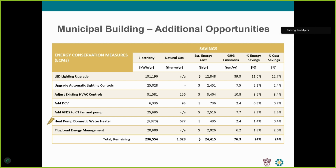There are still some LED lighting upgrades, some automatic lighting controls. There had been some automatic lighting controls in this building in the past, but they weren't implemented very well and have been kind of de-implemented since. So I think there are some upgrades that we can do there. Some tweaks to the HVAC controls, which will be part and parcel to some of the equipment upgrades. It makes sense to make those upgrades before we make controls upgrades. But just kind of tweaking set points,